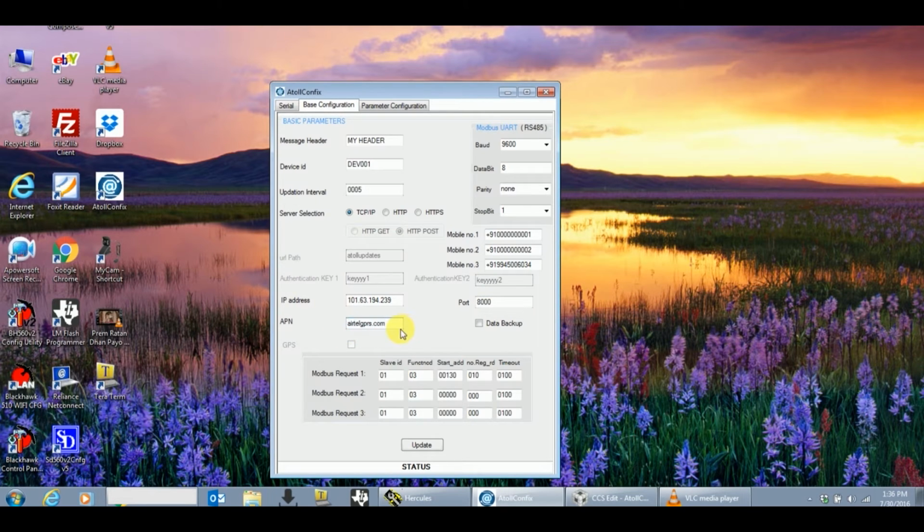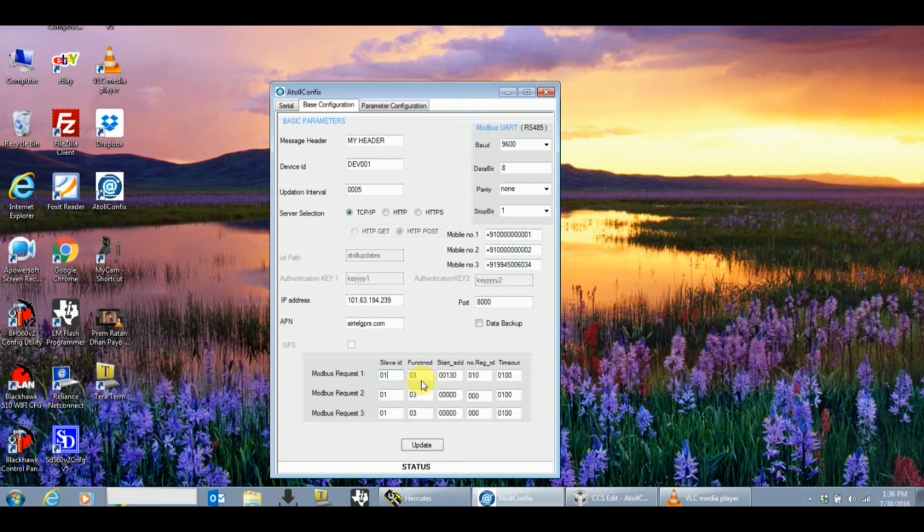Here you can see we have an option to configure 3 sets of different Modbus requests. For instance, I'm going to configure only one Modbus request. If we enter the number of registers as 000 for other requests, the Modbus request will not get processed. To set a Modbus request, we need to know 4 different parameters of the external Modbus device. The slave ID of the external Modbus device is set to 01.